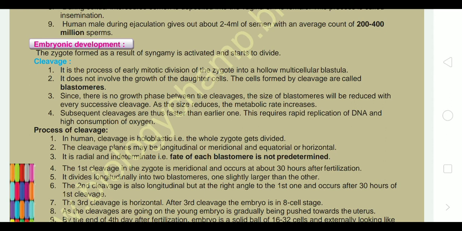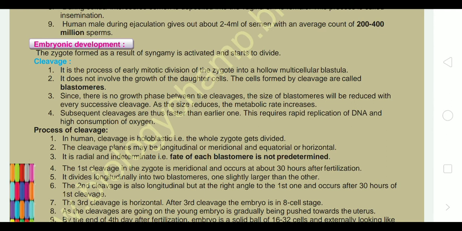As in normal cell division, there is a gap phase in which the cell grows in size because of the accumulation of some material in it, which is omitted here. That's why the number of cells increases inside